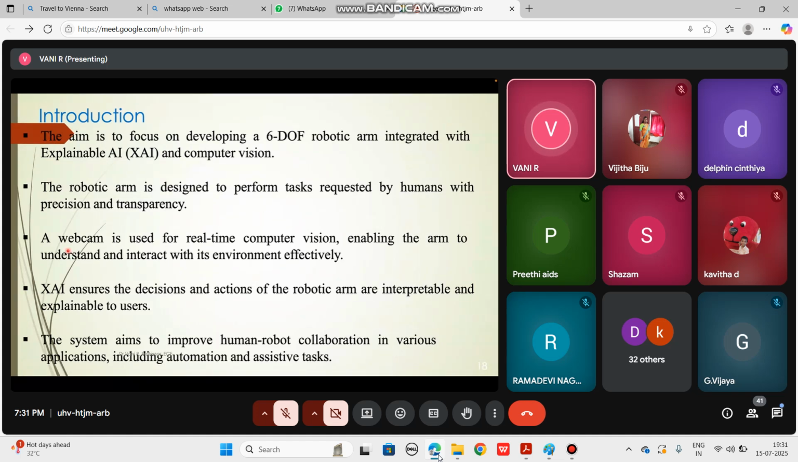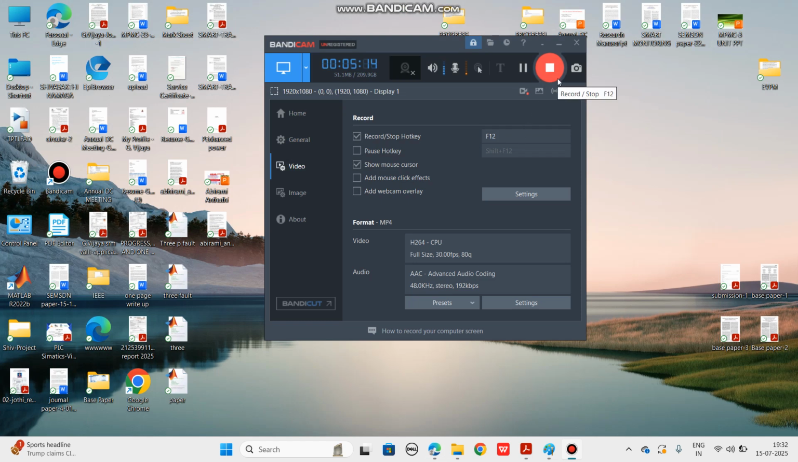So this robotic arm project will also incorporate a web camera, as well as use the concept of XAI to ensure the decisions and actions are interpretable and explainable to users. So whatever the user is giving in terms of actions, it will be communicated between the robot and the user by using the